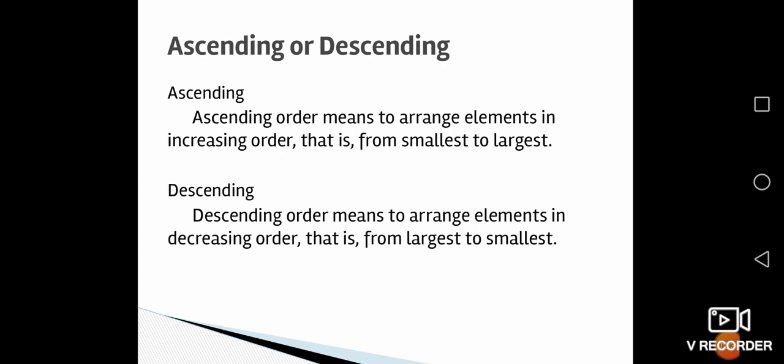Descending order means arranging the data in decreasing order, that is from largest to smallest. This can be used in a class where the data of the students is stored, and in order to find the ranking, a student who scored the maximum number of marks will get the first rank. So obviously that will come first. So we have to store the data in decreasing order in order to form a ranking system. So in these various ways, we need ascending order and descending order.